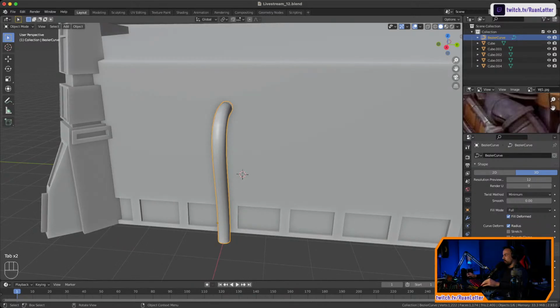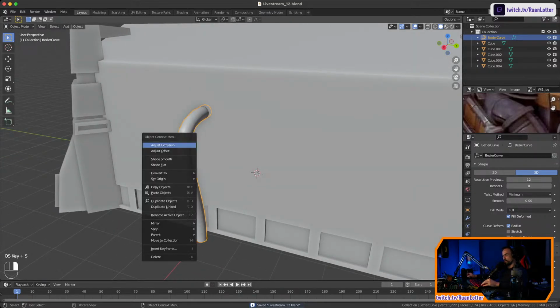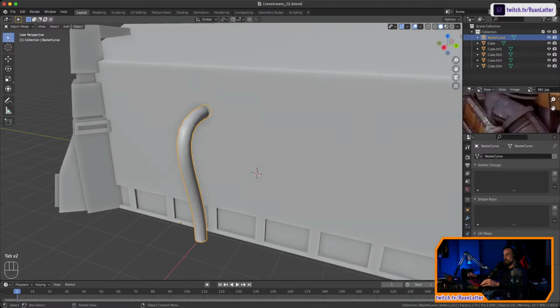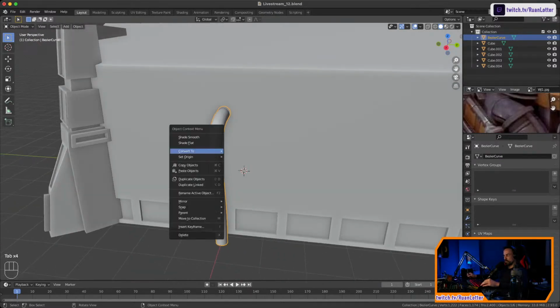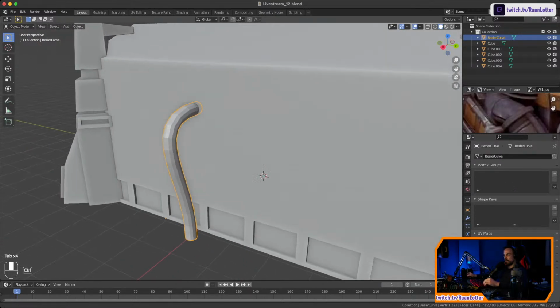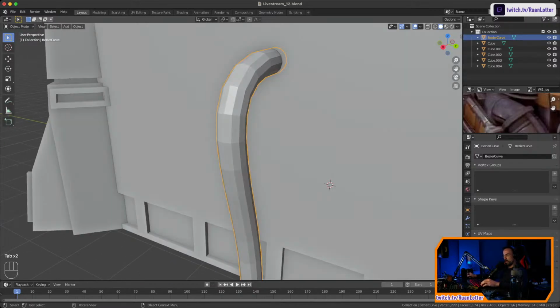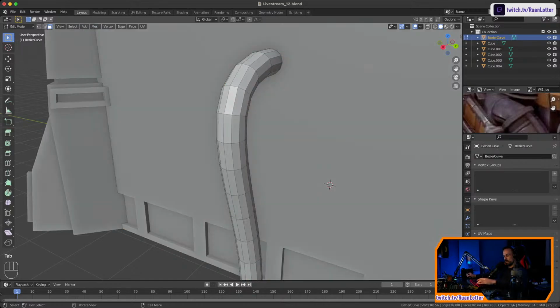we can convert this to a mesh. So you literally just right click on this and you go convert to mesh, and I think that's it. Yeah, so now you can edit it and everything is good. So I'm just going to change this to shade flat so we can see what's happening here. And now, let me just apply the scale first. Now you can do things like